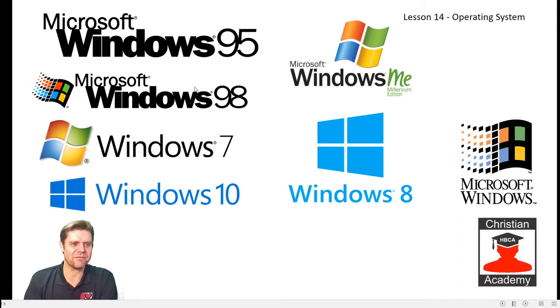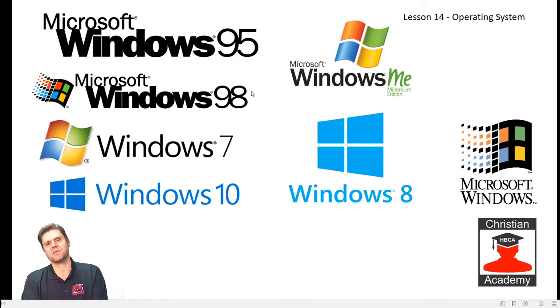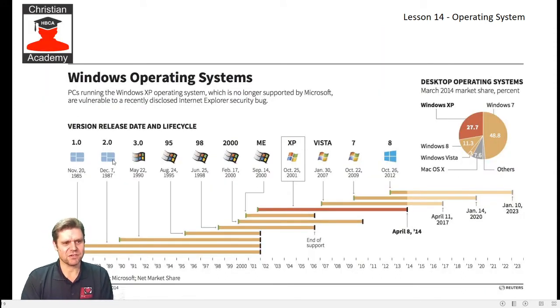Then Windows 95, Windows 98, Windows ME, Windows 7, Windows 8, and then Windows 10. So these are just some of the versions of operating systems that Microsoft has released over the past few years. You can also see the estimated dates here, where you can see how the versions were released.